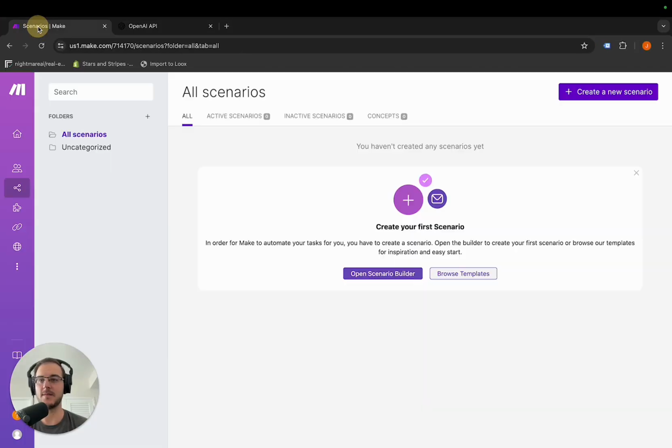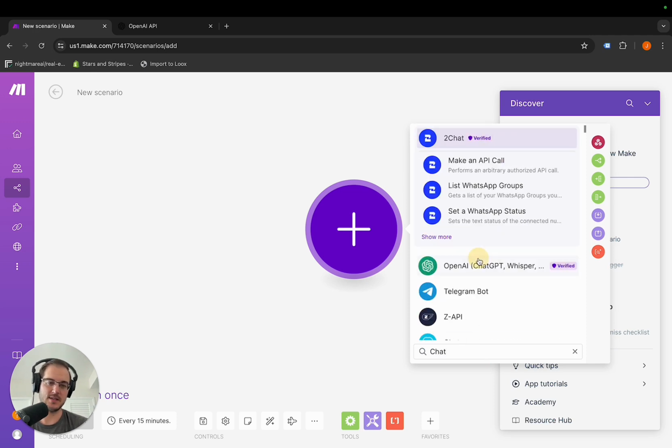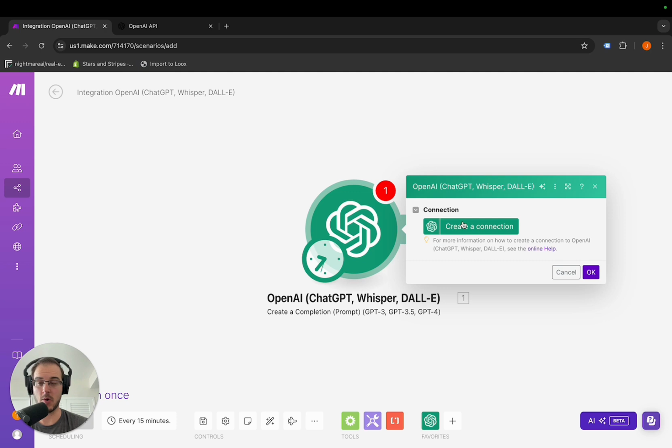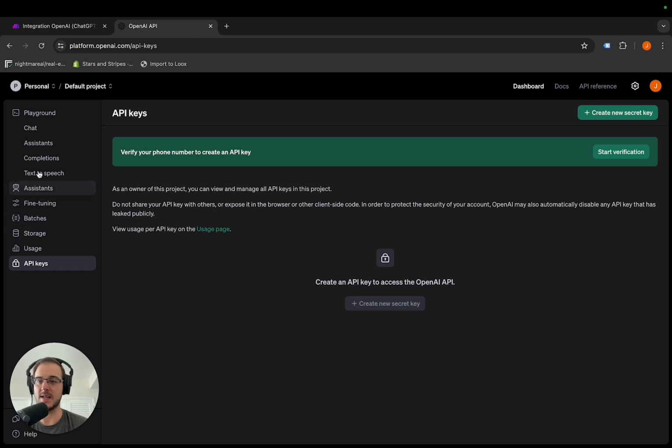So we're going to head over there. When you're creating your new scenario, we're just doing this to get to the part where it asks us to connect. We're going to type in chat, OpenAI, and do create a completion, and then it's going to require a connection. In here, this is where you're going to paste that API key, and then you're going to go back to your OpenAI and go to your settings,